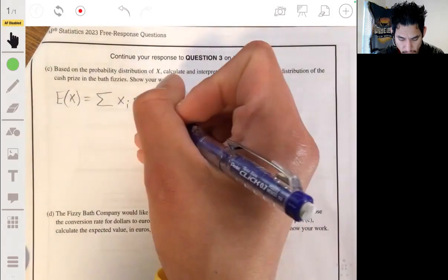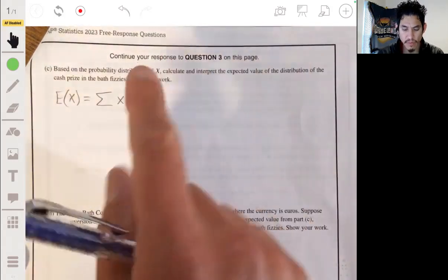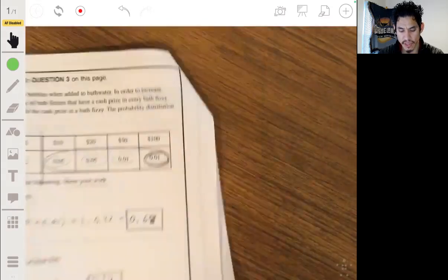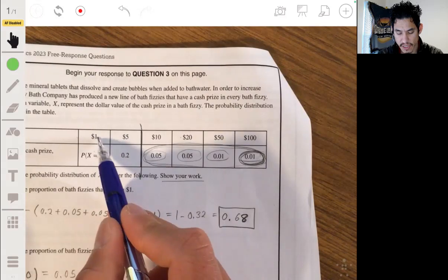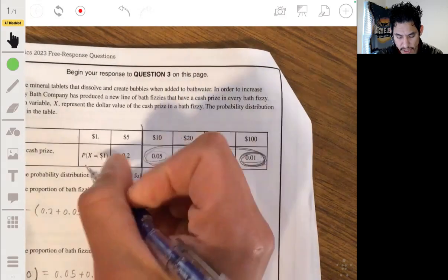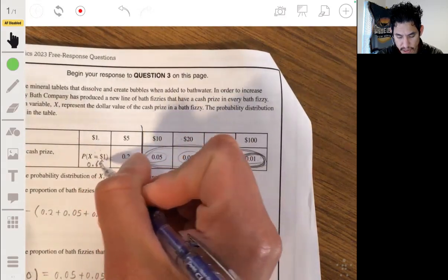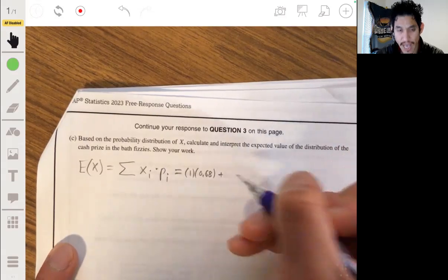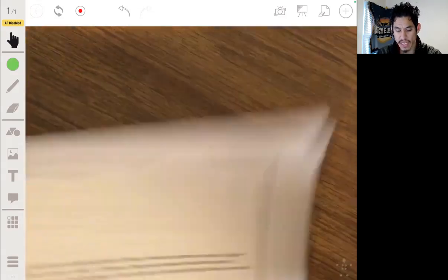So we have X1, and these are your X's times the corresponding probability. This we found to be 0.68. So we start off by going 1 times 0.68, added to the next prize amount,